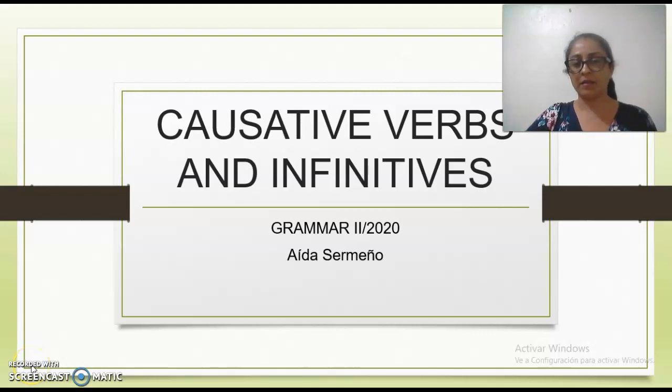Hello class, in this lesson we will study causative verbs and their interaction with infinitives. From now on I will just dissect the different elements of a sentence and their interactions with infinitives, and how these infinitives behave when they interact with these other elements. So let us get started by giving a definition of